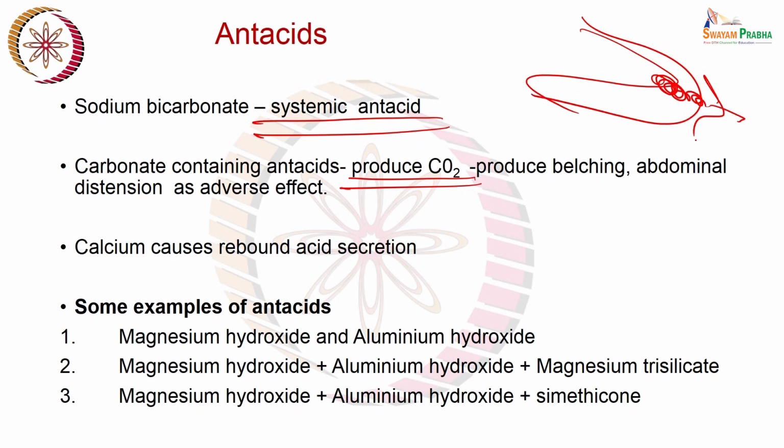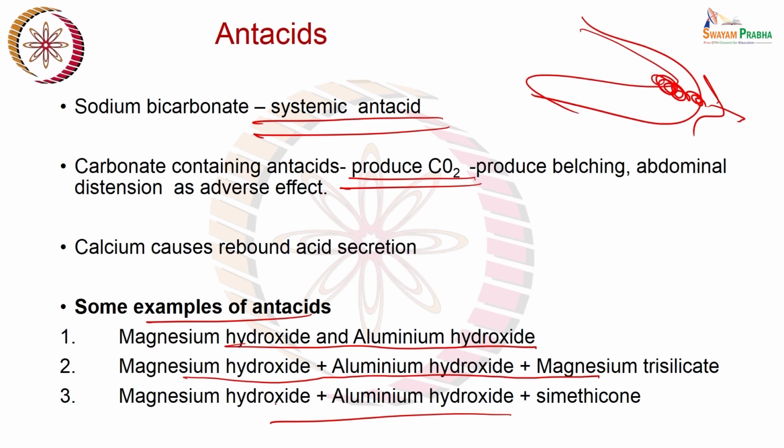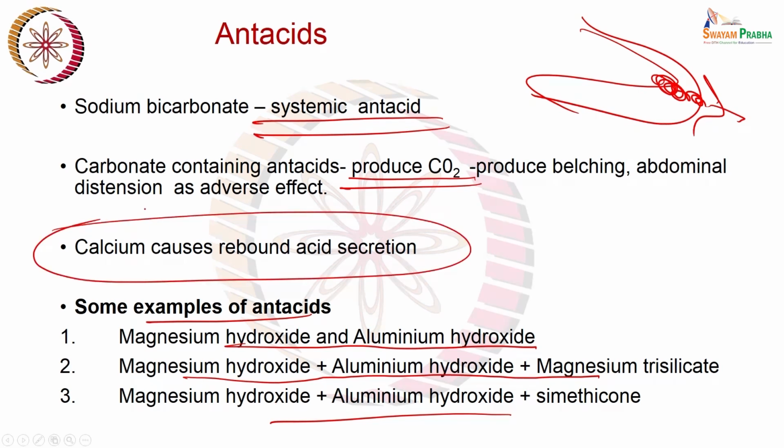This has happened, but these are the rarest of rare incidents. Now, some examples of antacids: magnesium hydroxide and aluminum hydroxide, and aluminum hydroxide with magnesium trisilicate. So, these and the calcium salts. Calcium salts are important, they are stronger than magnesium, but the problem with calcium salts is